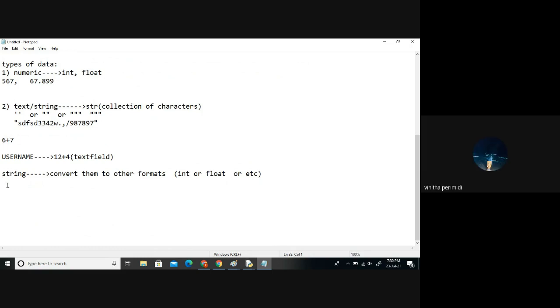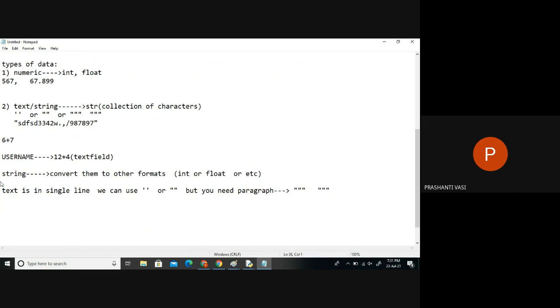Clear, ma'am. And in a string, if the text is in a single line, we can use single quotations or double quotations. But if you need multiple lines, like paragraphs of sentences or some message or a poem, we need to use triple quotations.